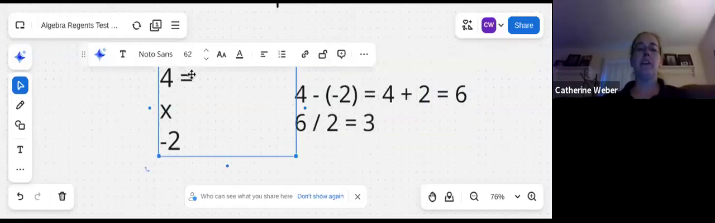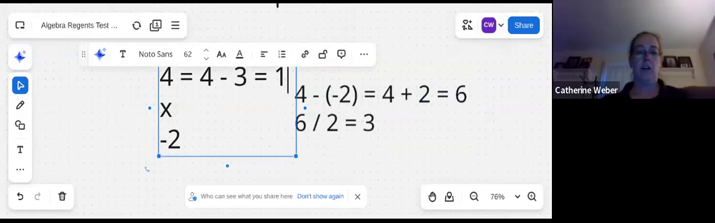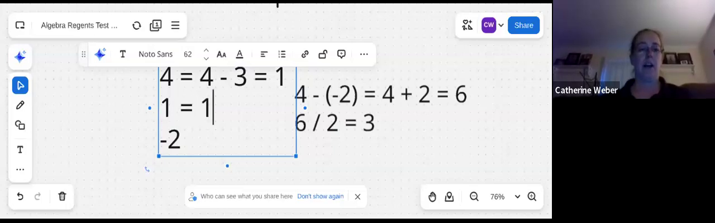But since I'm decreasing, what we're going to do is subtract 3. So 4 minus 3 gives me a 1. So that's what x is going to be. So now I replace x with a 1. Now I'm going to do 1 minus 3, which becomes